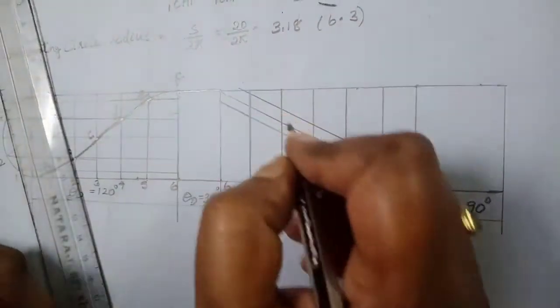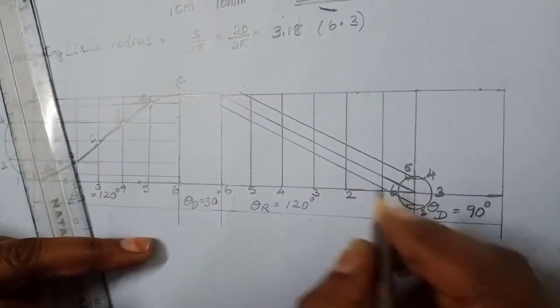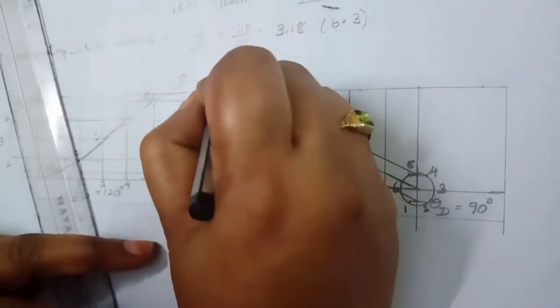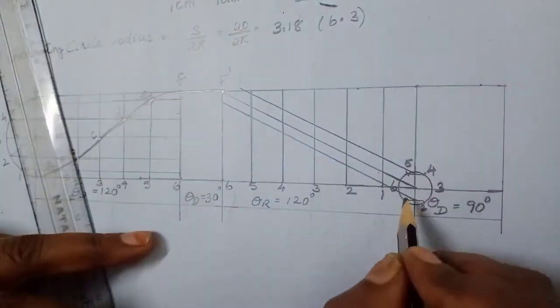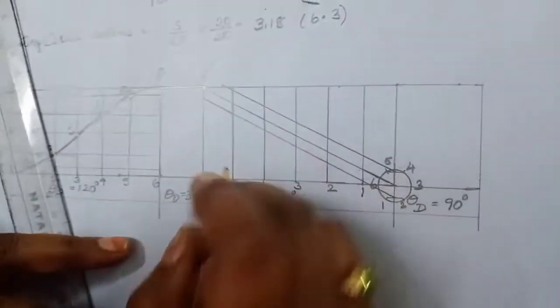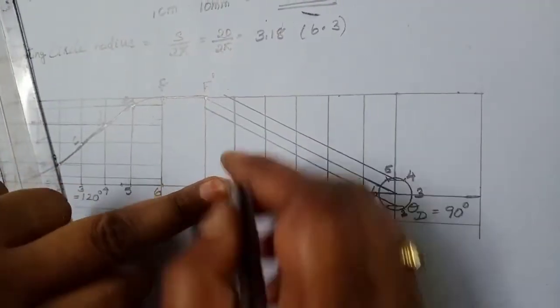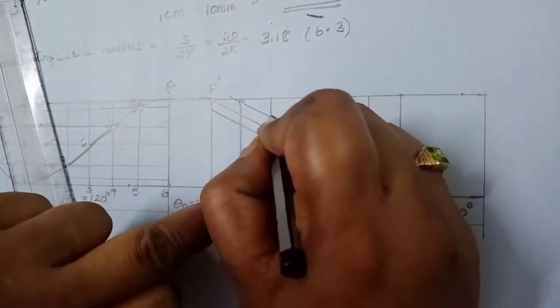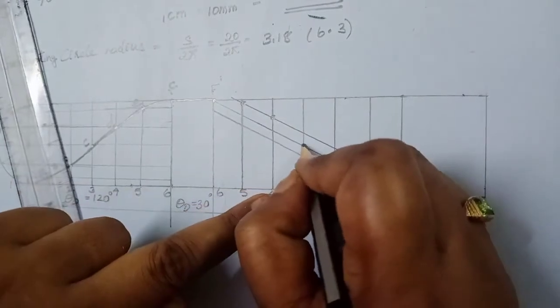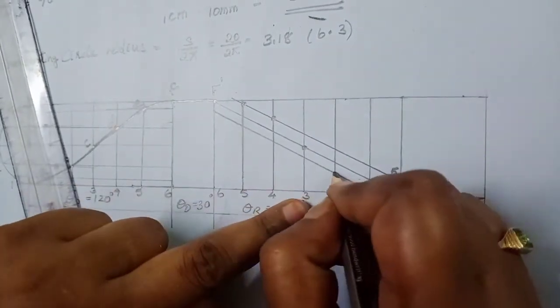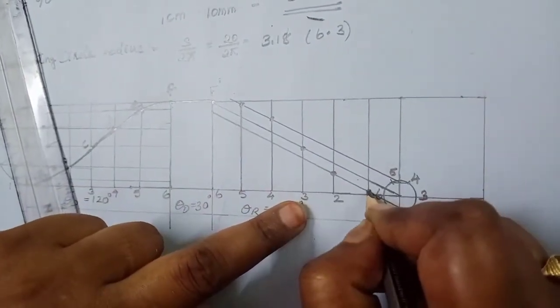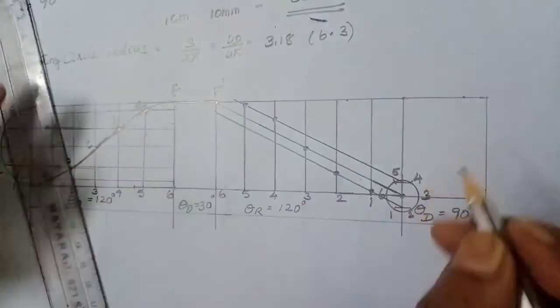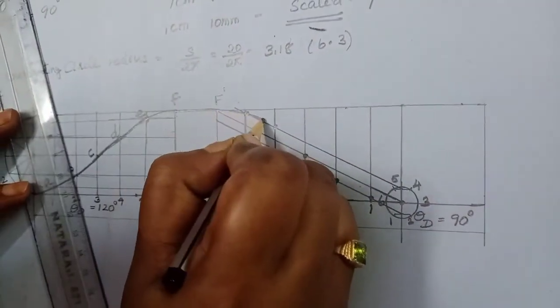Again one more line. So now you mark these points 6 and 6. This is your 6 F dash. Then this point is your 6.5. So 5 here, 5 and 5, 4 and 4, 3 and 3, then 2 and 2 line, and here 1 and 1 line, and this point. So now join these points with a smooth curve.